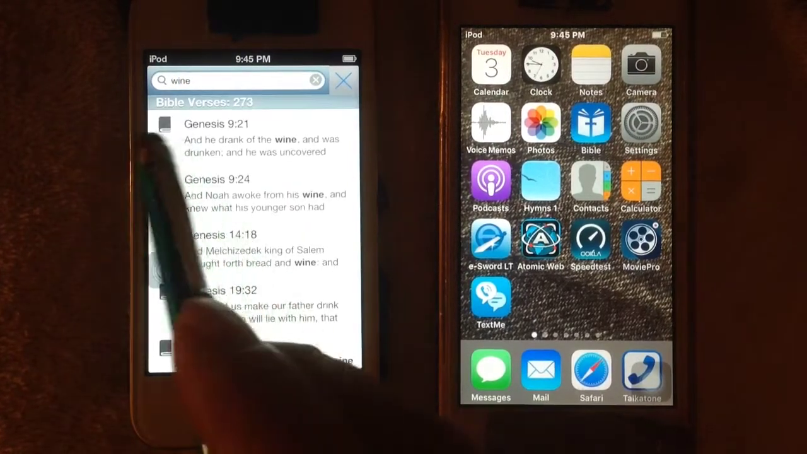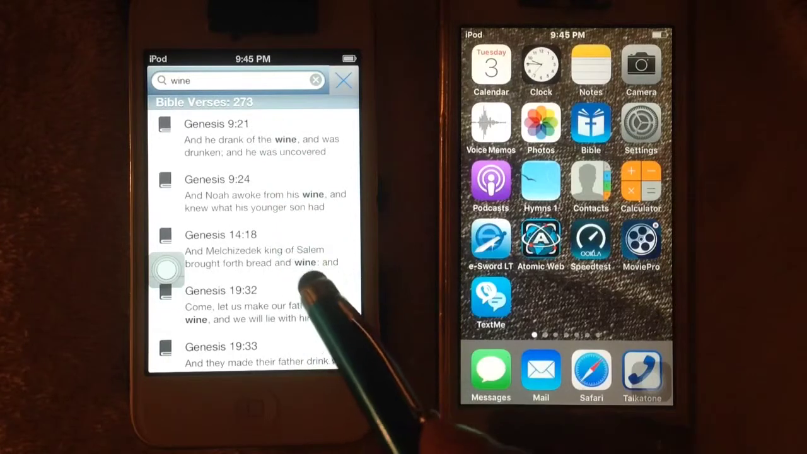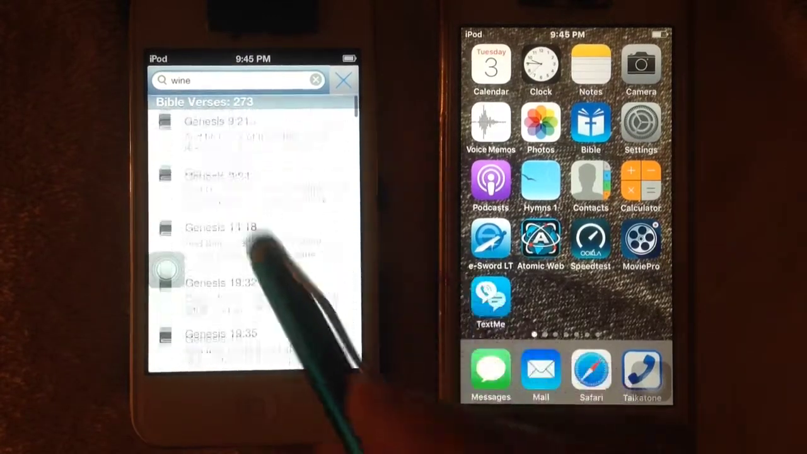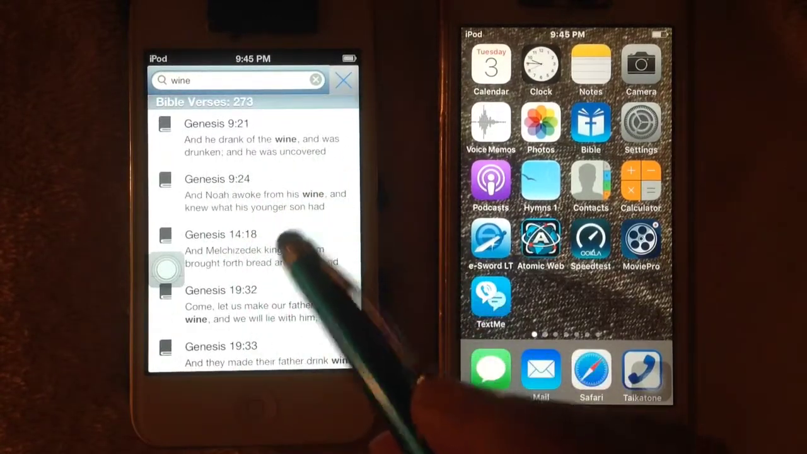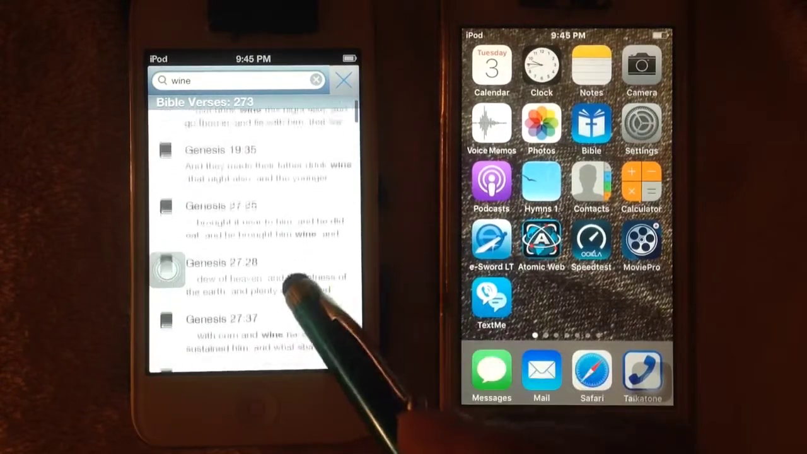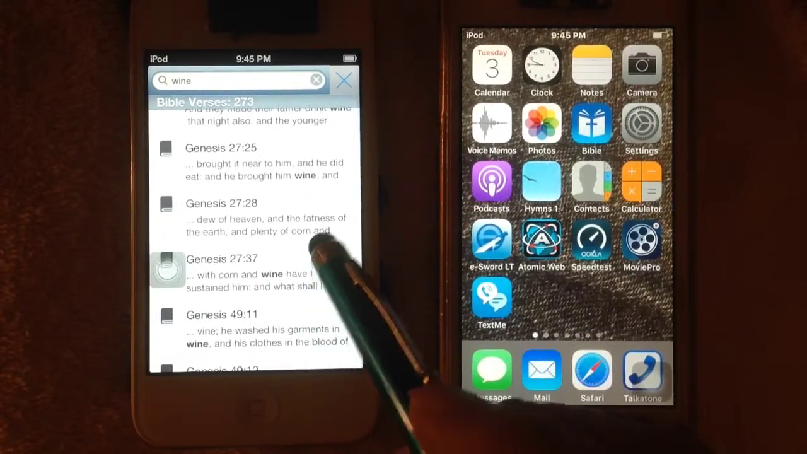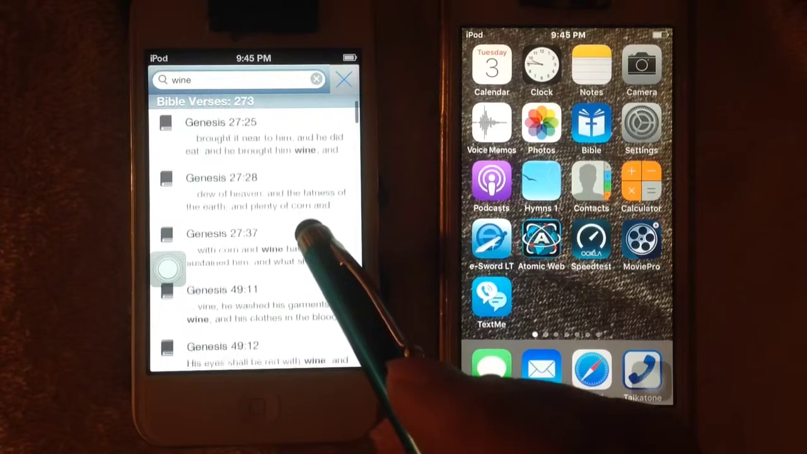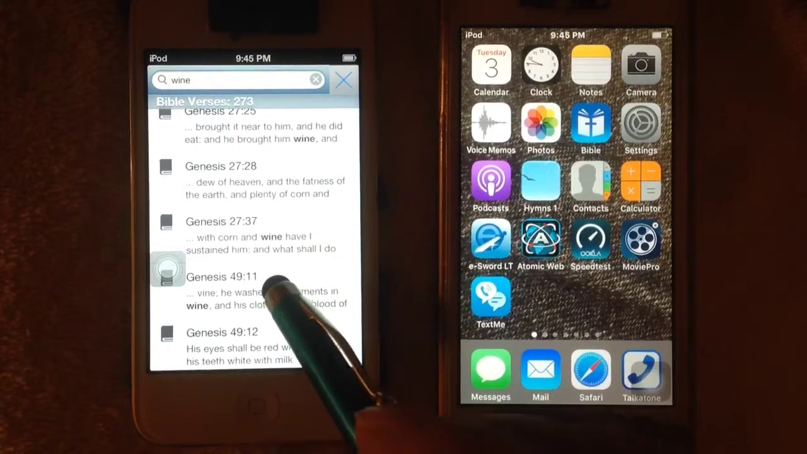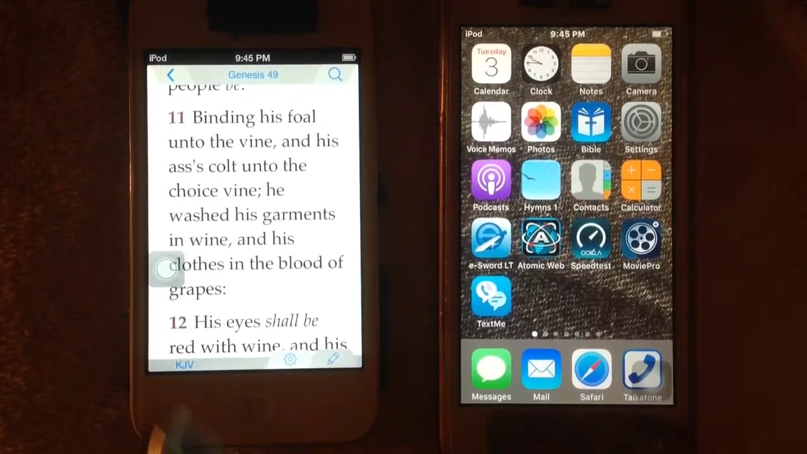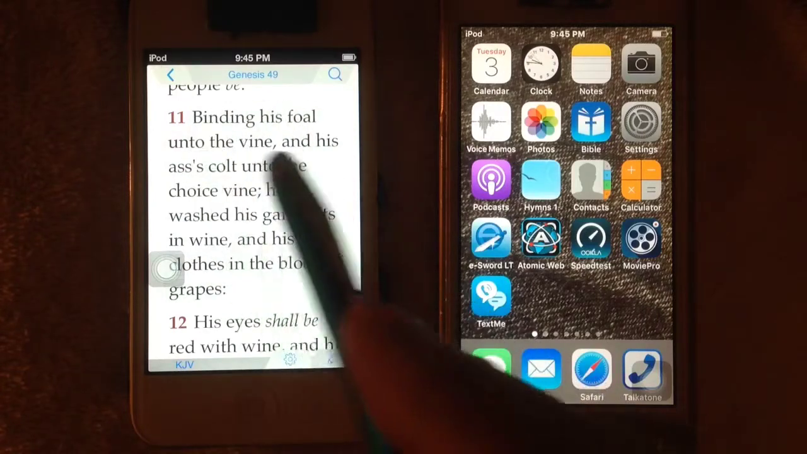Just that quick, bang, it went through the entire Bible, and every time the word wine is used, it gives you a little snippet here. You can pick a snippet. You can look down here and say, oh yeah, there's a place down here that talked about someone who washed his garments in wine. You tap on it, some symbolic imagery, and it'll tell you right there where you want to